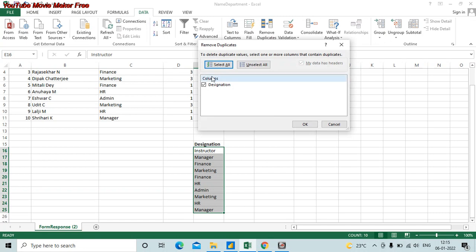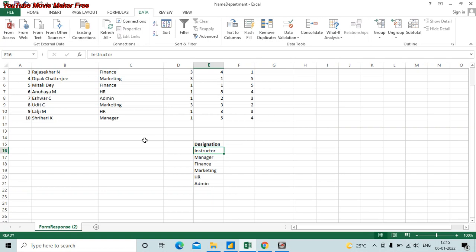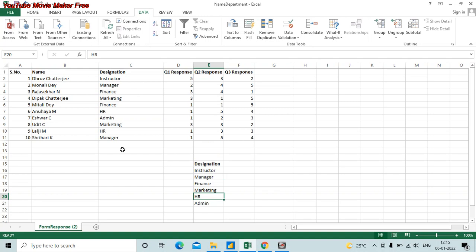It says the column that we want to remove duplicates from is designation, and we'll say OK, and you can read the dialog box which says 4 duplicate values are found and removed, 6 unique values remain. So now instead of 2 HRs, for example, we have only 1 HR, and instead of 2 marketings, we have only 1 marketing. So we have the unique designations here on the rows.